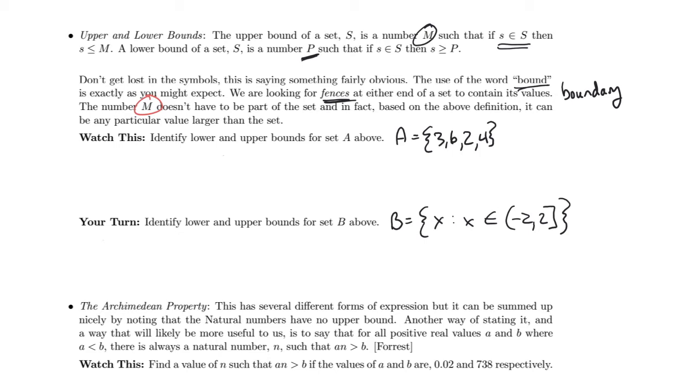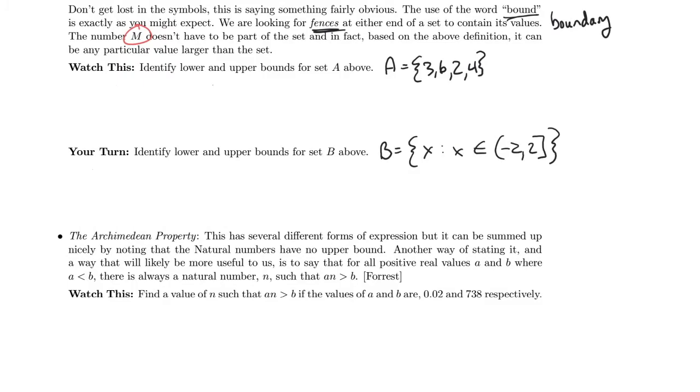Now we're going to take a look at a couple of questions dealing with those sets A and B that we just introduced a moment ago. The question says we want to identify the lower and upper bounds for the set A defined above. So we're going to take a look at that set. I noticed that the largest value here is 6. Therefore my upper bound is going to be any number that's greater than or equal to 6. So I could choose